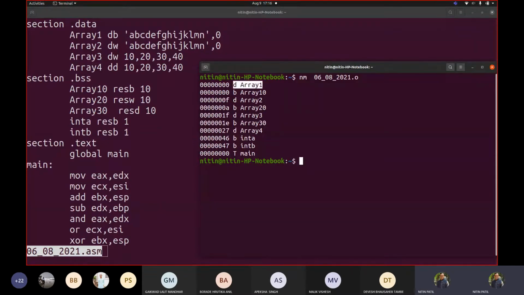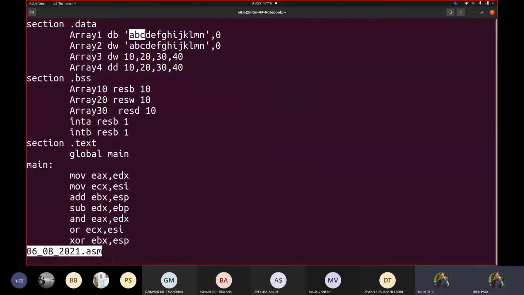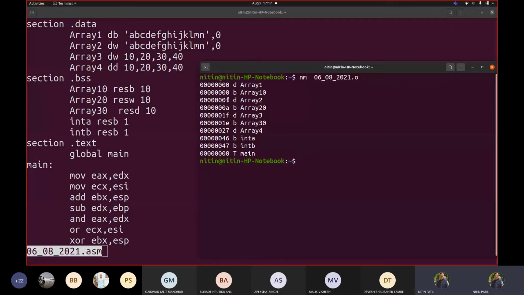Correct. The next is array 2. If I count 1, 2, 3, 4, 5, 6, 7, 8, 9, 10, 11, 12, 13, 14, and 15, so 0 to 14, that's how it would be. Starting with 0, the next value would definitely be at F. That can also be seen for array 2, which starts here at F. Correct. So array 3 would again be the next number.